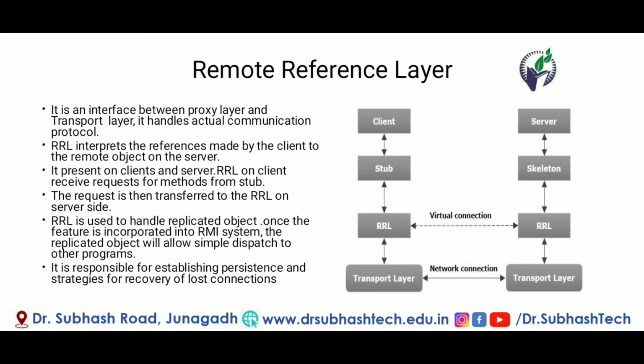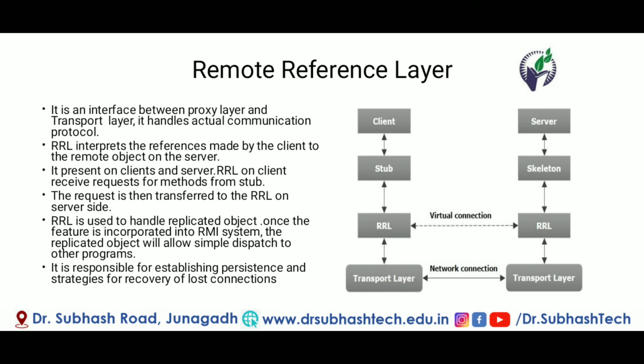This RRL is used to handle replicated objects. Once the feature is incorporated into the RMI system, the replicated object will allow simple dispatch to other programs. So if any duplicate object or replica is generated, it is also handled by the RRL.